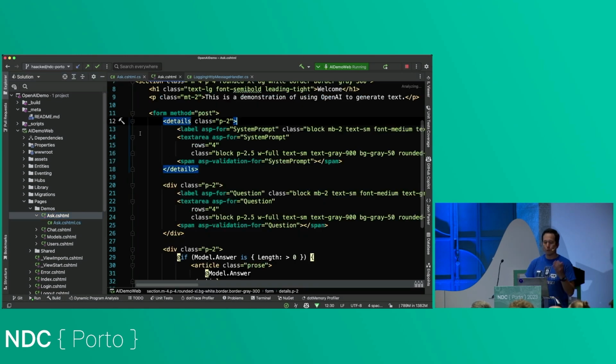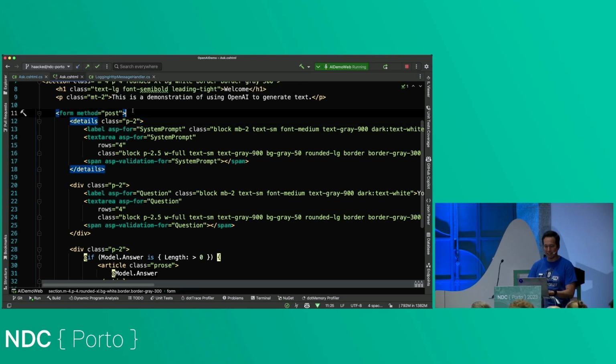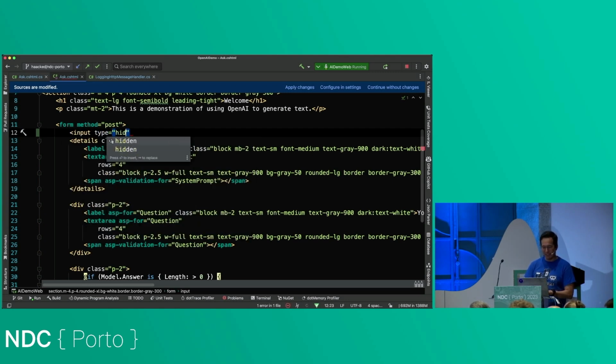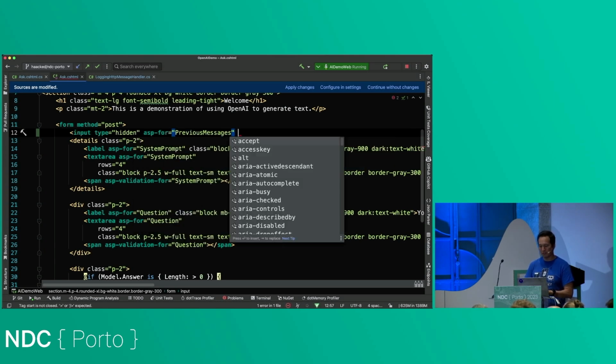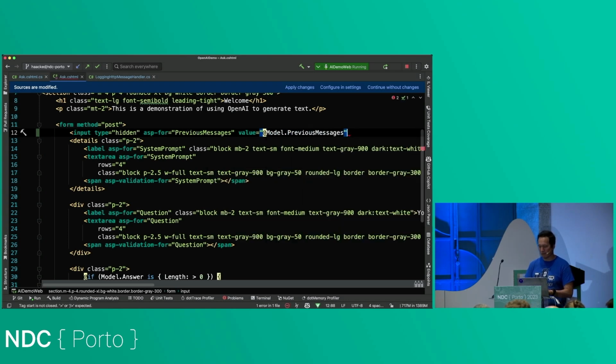And so what I want to do here is, where should I store the previous messages? Probably maybe in a database, in a cookie. I'm just going to store it for now. For demo, I'm just going to store it right in the form as a hidden input. View state, anyone? Right? Type equals hidden. Name equals asp-for previous messages. Now, I shouldn't have to do this next part where I set the value because it should just read it through binding, but for some reason it wasn't working and I'm not taking any chances. We've seen how my demo's going so far with everything going wrong.